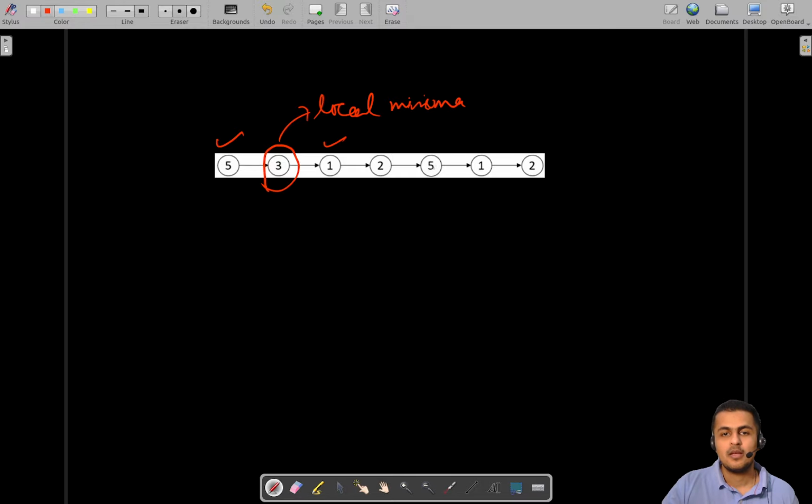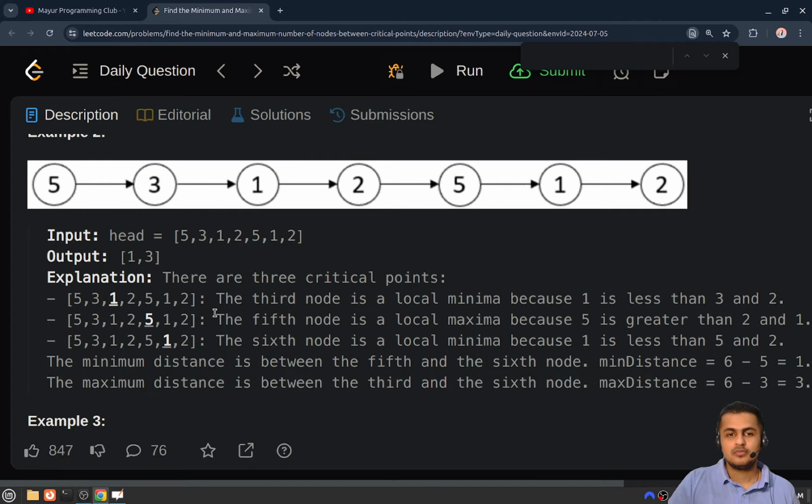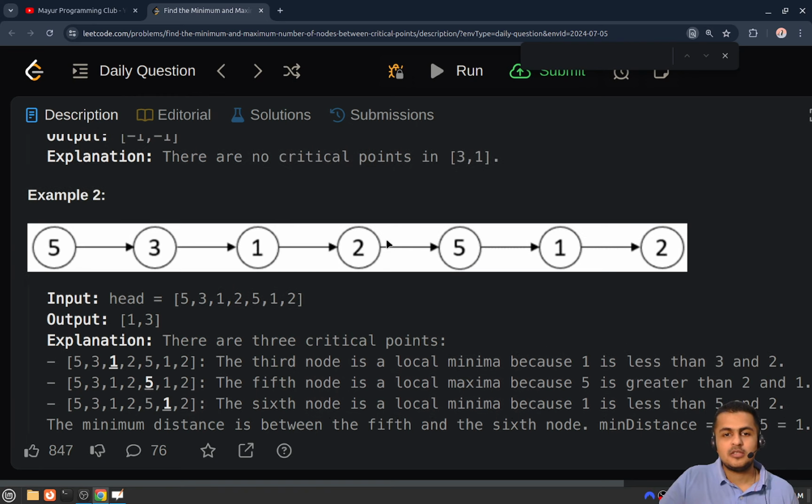And as you can see, 5 is greater than both of its neighbors, so it is a local maxima. Now these are local maximas and minimas,